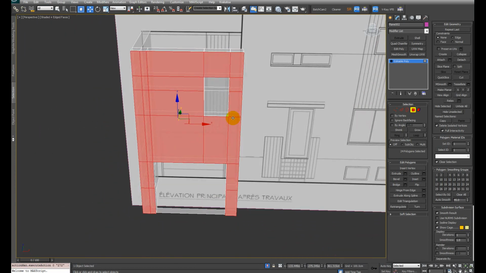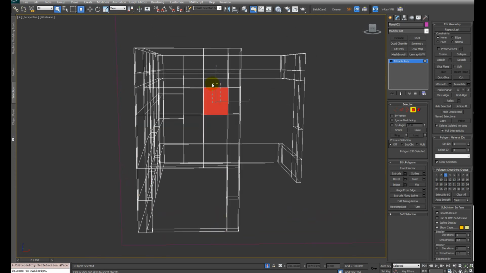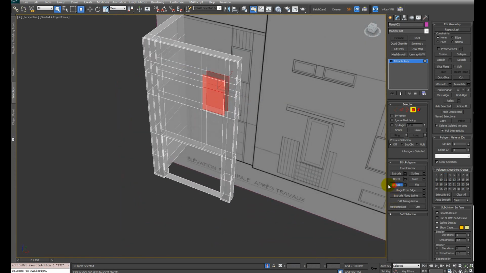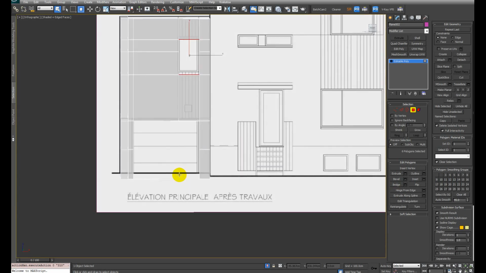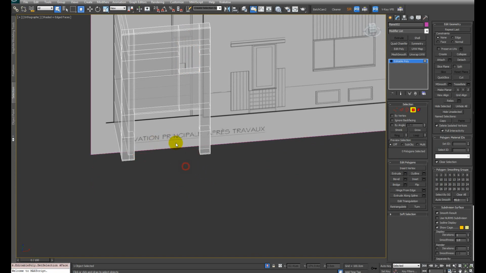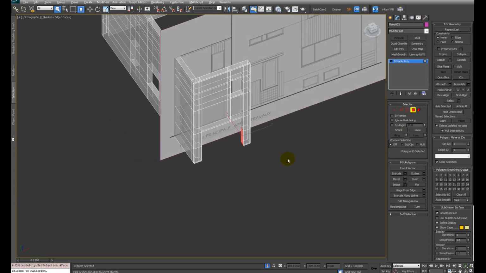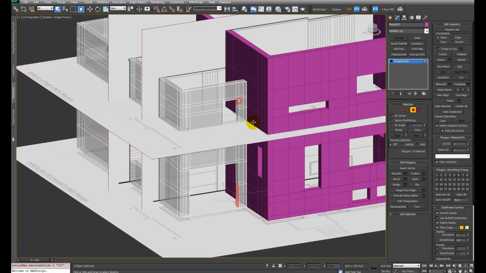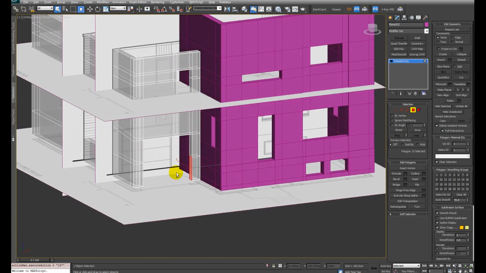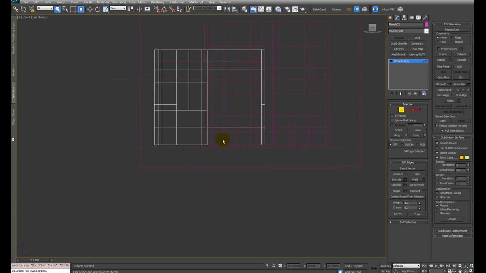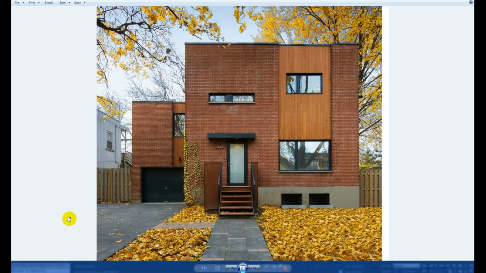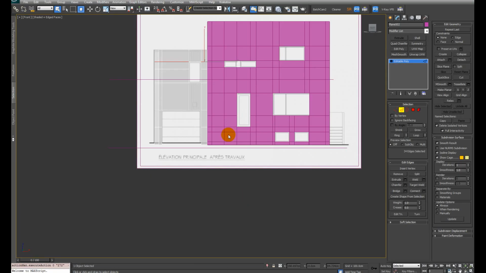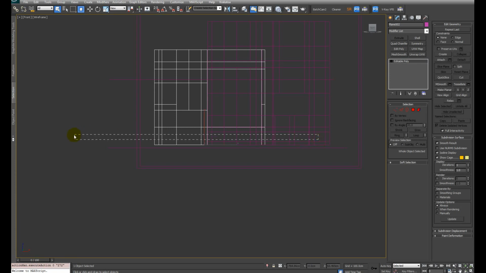Okay, I can select this and hit bridge, and now I want to actually, let's delete this face right there, we don't need it. Let's bring back all our geometry, go into the front view, and as you can see, this concrete part is lower here than it is here, so let's model that as well. Sorry,